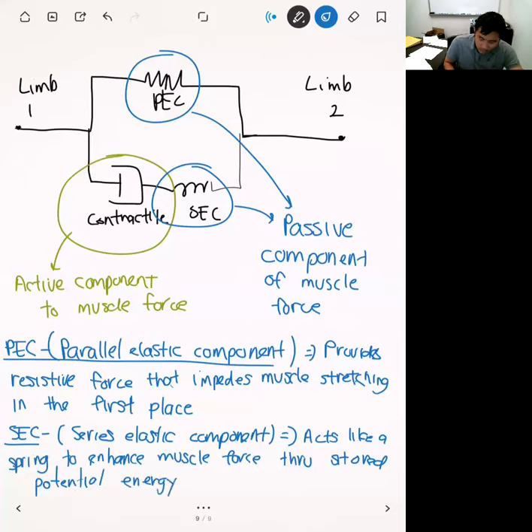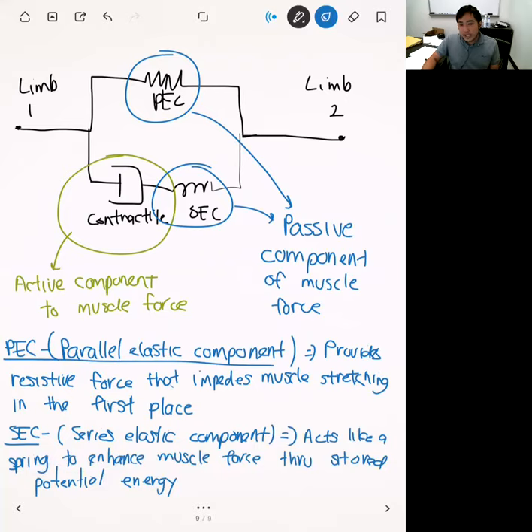Okay. Right. And so what this basically is telling us is that, if we want to create the maximum amount of muscle force as possible, then we need to maximize both the contractile component and also this SEC. Okay. And so the contractile component, you can enhance that by working out and growing your muscles and strengthening your fibers. Okay. But there's a lot of things you can do with the SEC to enhance muscle force as well,